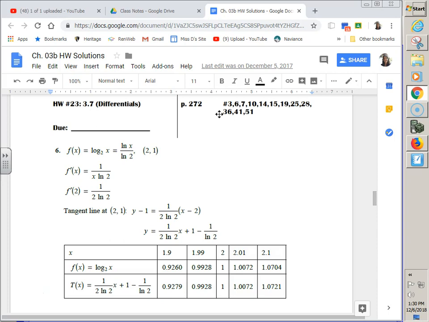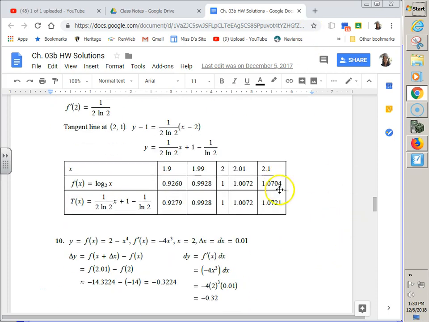But what happens if you get even farther off? They're going to start to diverge. Same thing the other way. The table was meant to show you, hey, they're the same at the point. They're really close when you're really close to the point, but eventually they will start diverging or going apart from